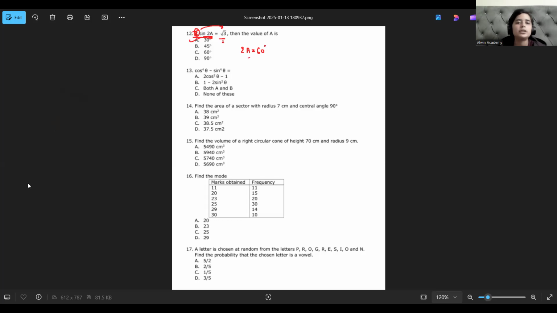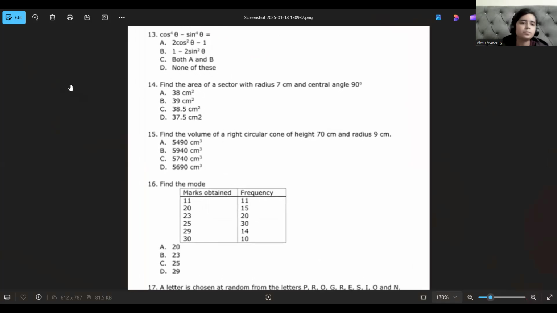Going to the next question, cos to the power 4 theta. I'm just zooming in on the figure. Cos to the power 4 theta minus sine to the power 4 theta is. Now what I can see here, cos to the power 4 theta is actually cos square theta squared minus sine square theta squared. Now I'll put in a square minus b square as a minus b into a plus b, which is cos square theta plus sine square theta. Cos square theta plus sine square theta is 1. On the other side, we get